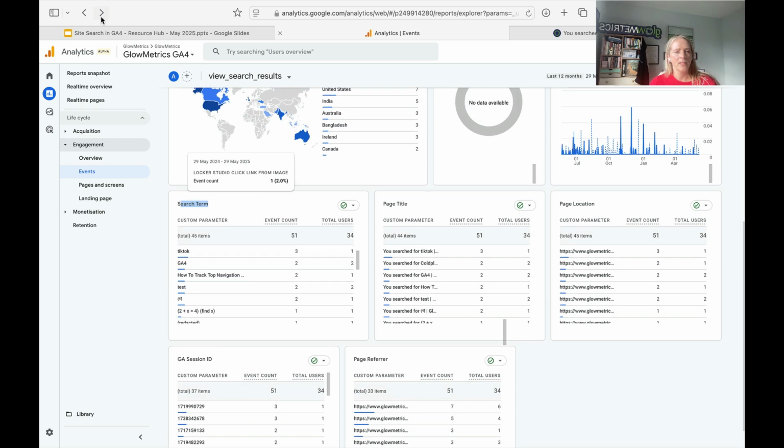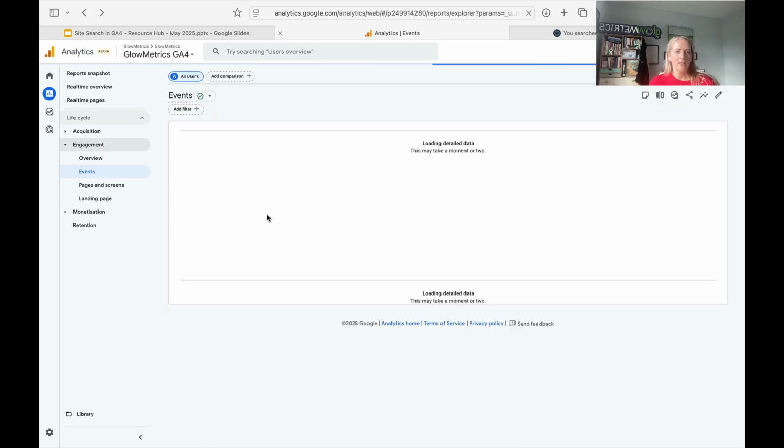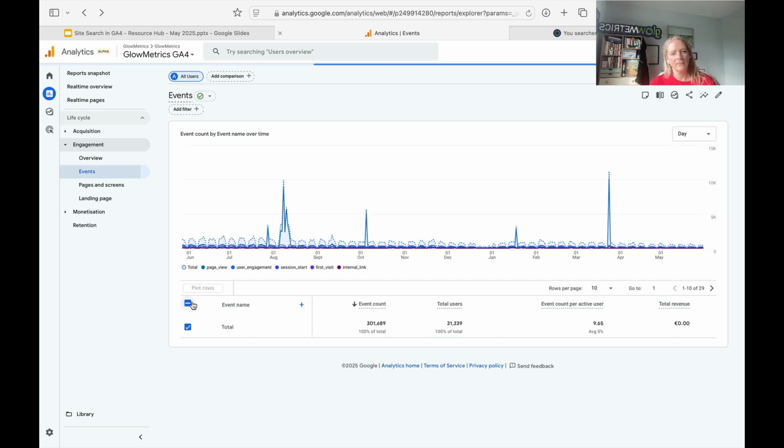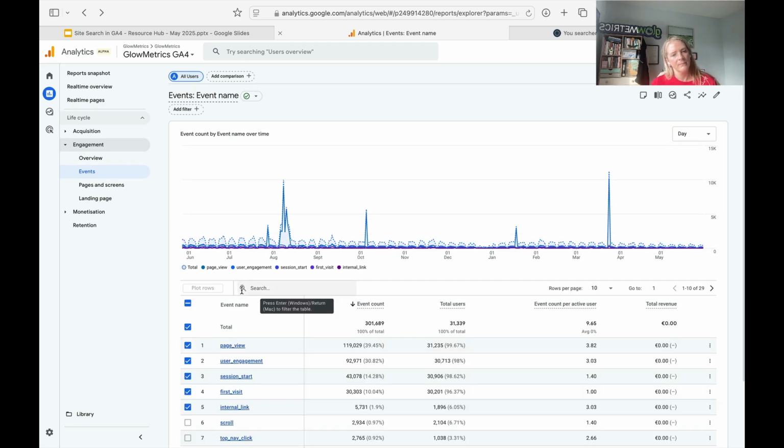So we're going to engagement and we are selecting our events, and we should have here our list of events. So again, what I am going to do is search for the view search results event. And what this will do is isolate view search results. And similar with any event,